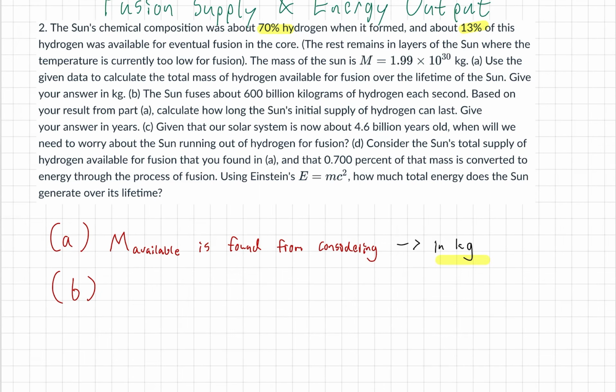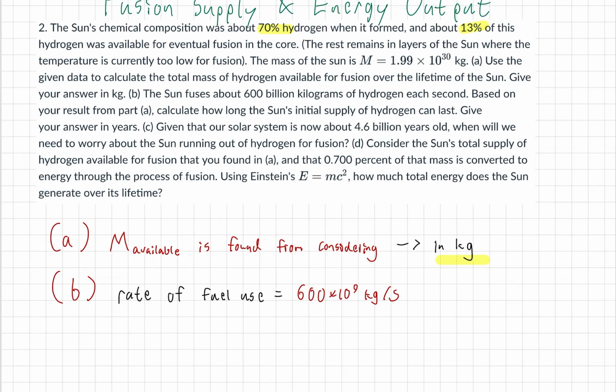Well, point being is that now we have a certain rate of using up that available fuel. We're using it at 600 billion kilograms every second. So what we have here is a rate of fuel use. Fuel use is the same as available mass. Available mass is fuel, fuel is available mass. So the rate of fuel use is going to be that 600 billion, so 600 times 10 to the 9 kilograms